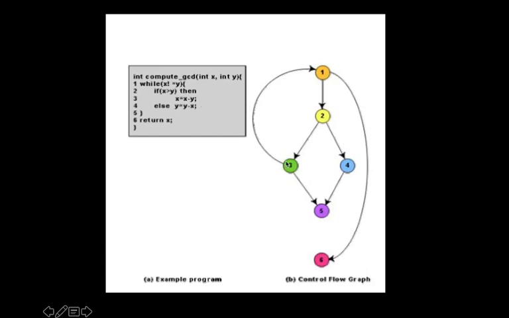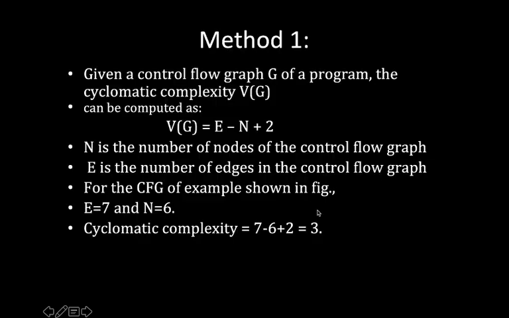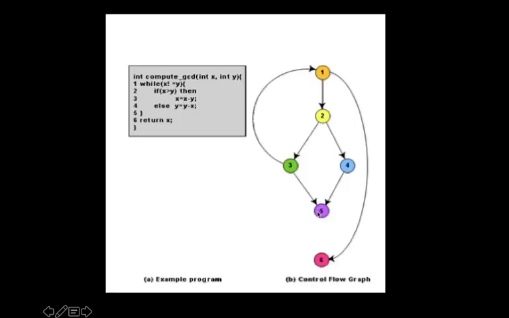Then, this is wrong actually. If x is not equal to y and x is less than y, then it has to go to 4. After that, both will terminate at the 5th statement. This arrow should not be from 3; it is actually from 5. So from 5 to 1 there should be an arrow. This is the looping statement.